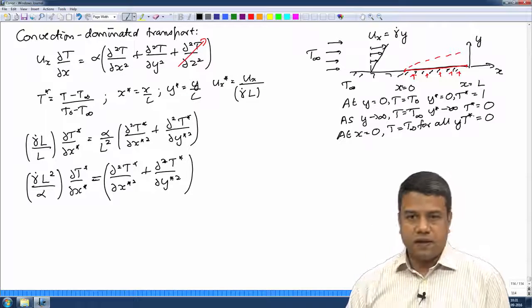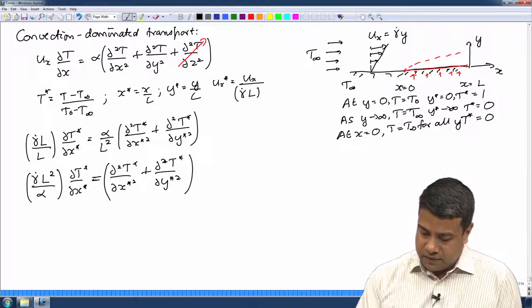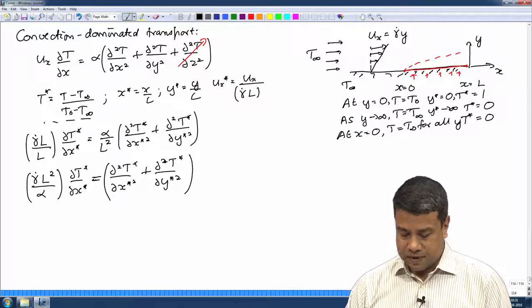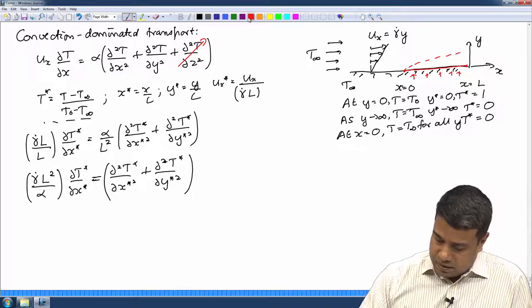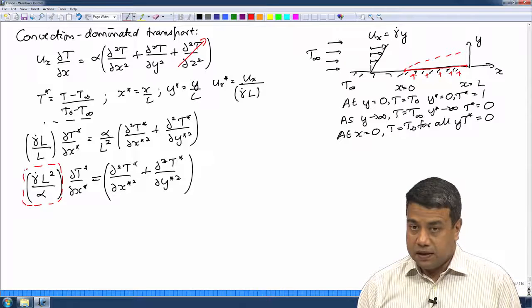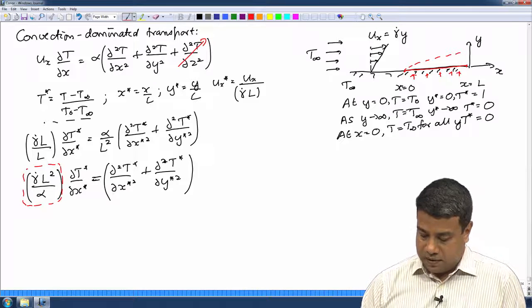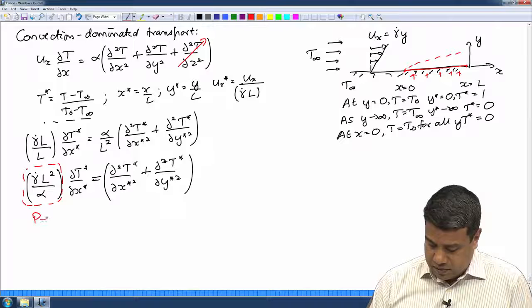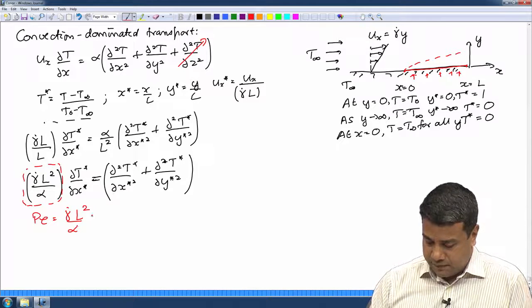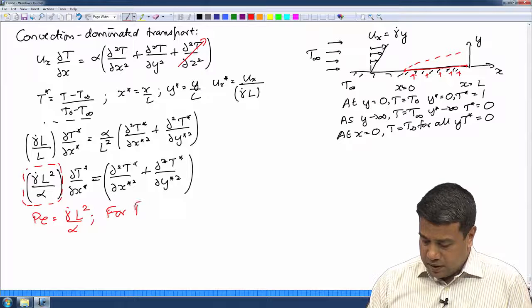T is equal to T infinity corresponds to T star is equal to 0 from the scaling, and T is equal to T naught corresponds to T star is equal to 1. Now, this is the Peclet number for this problem. In the limit of high Peclet number,